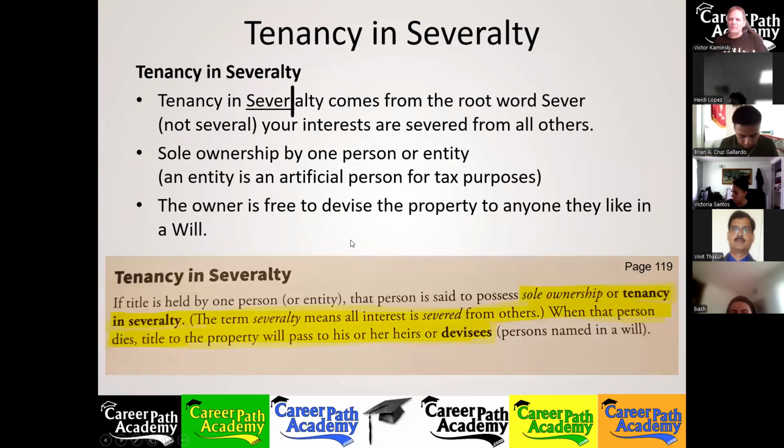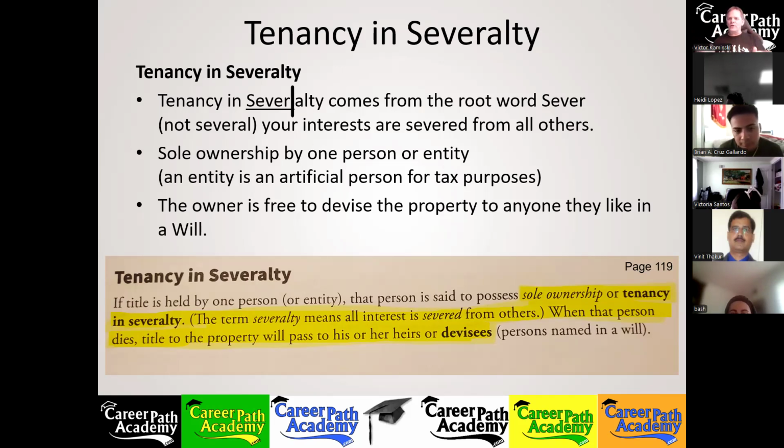In the last chapter, we were talking about estates and land, which described that when you have ownership, what kind of ownership do you have? Can you leave it in a will to somebody? Is it based on a restriction, or are there no restrictions on that ownership? In this chapter, we're talking about the types of ownership if you own it by yourself or if you own it with someone else. How do you own it?